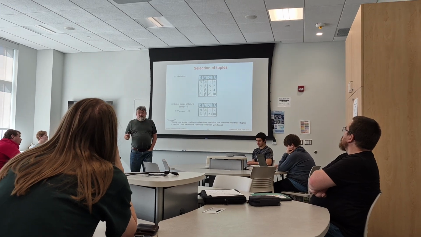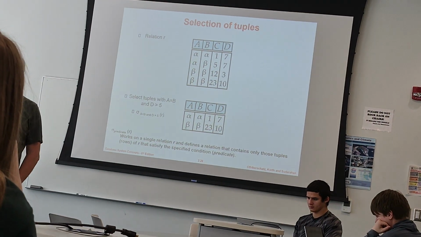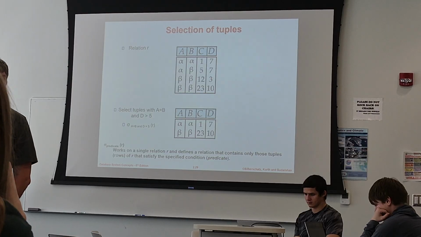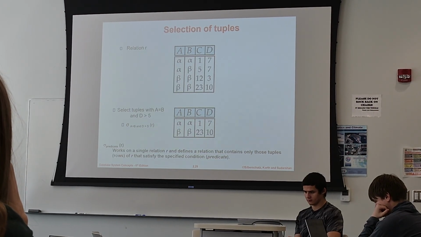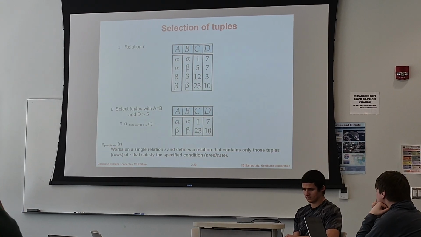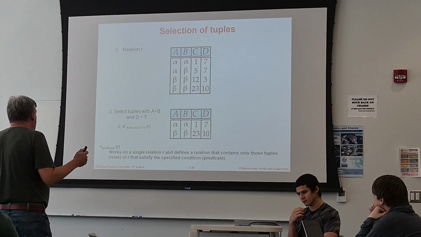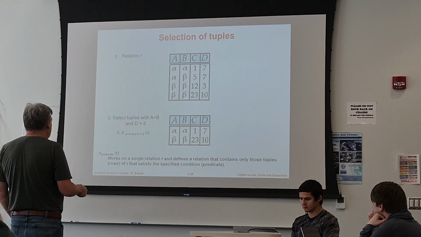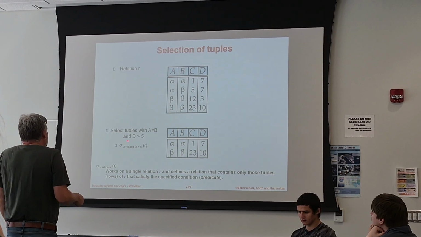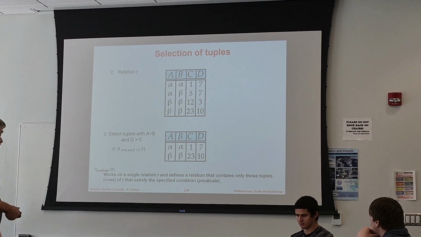So the domain for the data in column A is apparently Greek letters, as is the domain for column B, and apparently the domain of valid data values for columns C and D is integers. And so if this were our table, if this were the entirety of our data set, and what the user wanted was for us to select all of the rows where the value of A was exactly equal to the value of B, and also the value of D was greater than 5, the way we would write that,